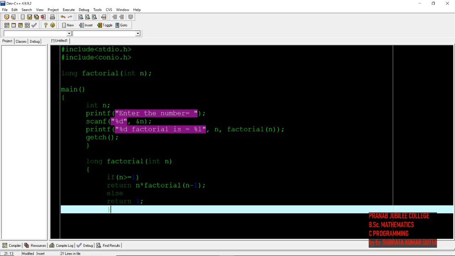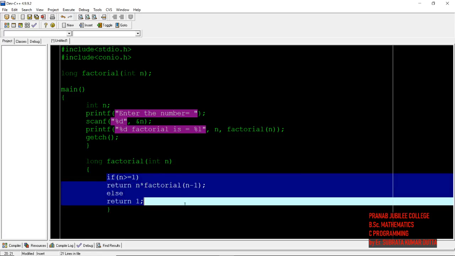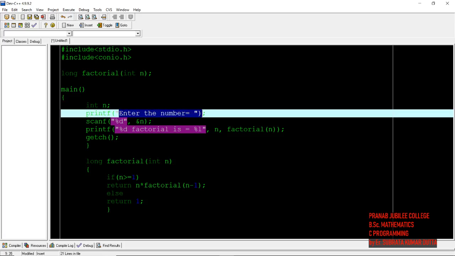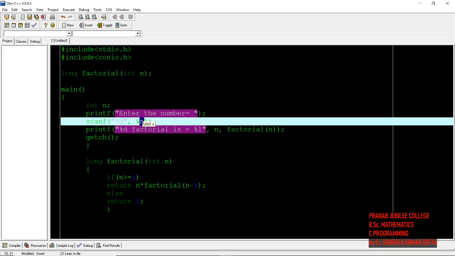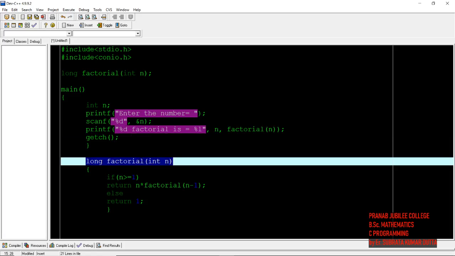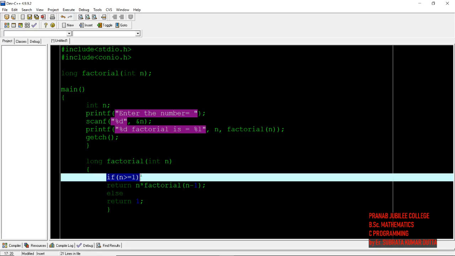In the last video we discussed how this process works, and we took the value of n as 4. Say the user enters the number 4, so the value of n becomes 4. When the compiler finds factorial of n, it jumps to this portion and checks whether n is greater than or equal to 1.